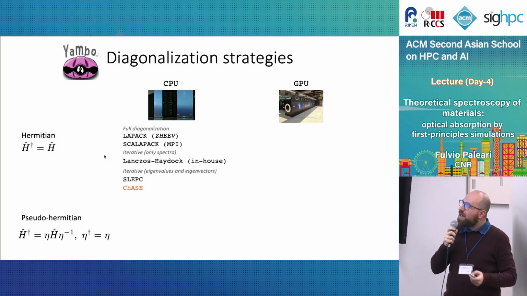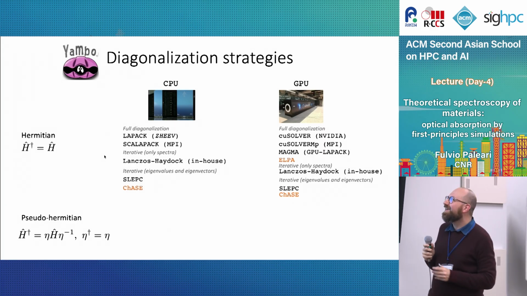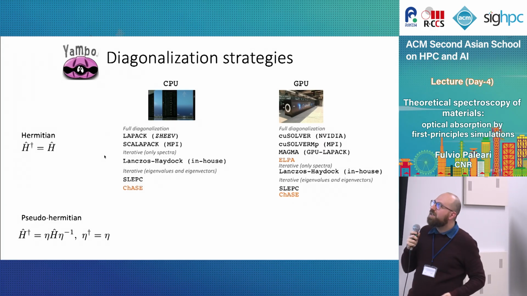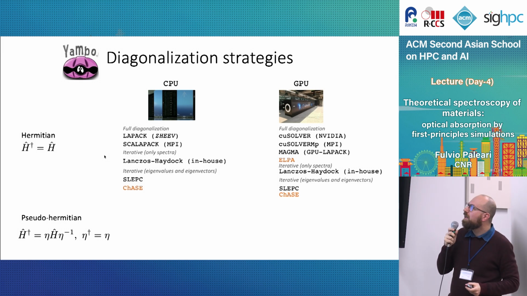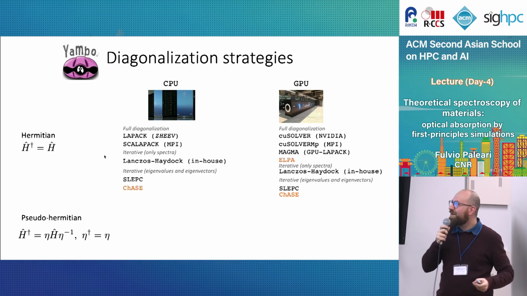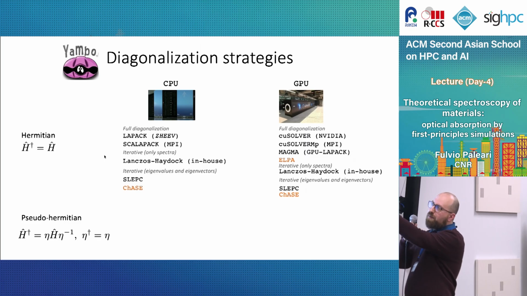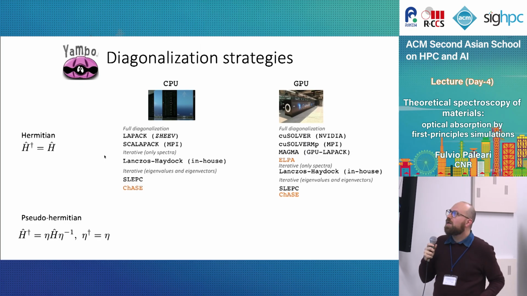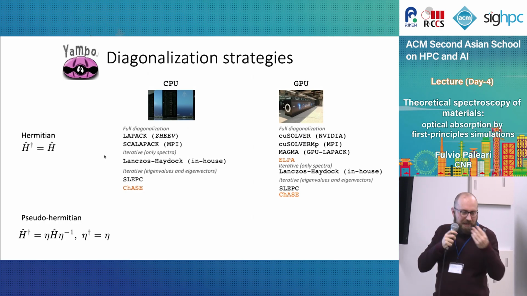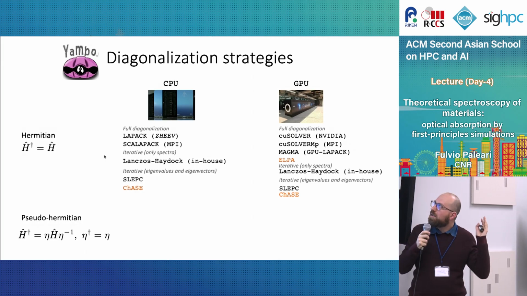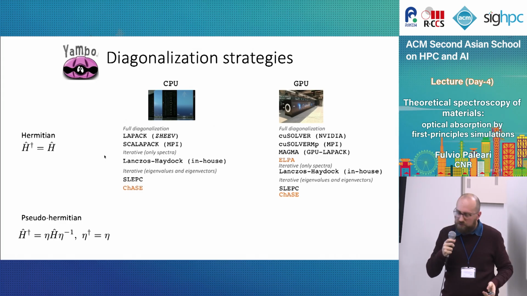Then if we go on GPU, of course you have to use GPU-based libraries. So there are the NVIDIA ones, cuSolver and the parallelized cuSolverMp, which I'm not sure performs so well, I don't know. Then there is MAGMA, which is basically done by the same people as LAPACK, but for GPU. Then we are working on the ELPA library for the full diagonalization. And then we have the iterative methods, so Lanczos is ported on GPU, SLEPc works on GPU, and ChASE in principle will also work on GPU.